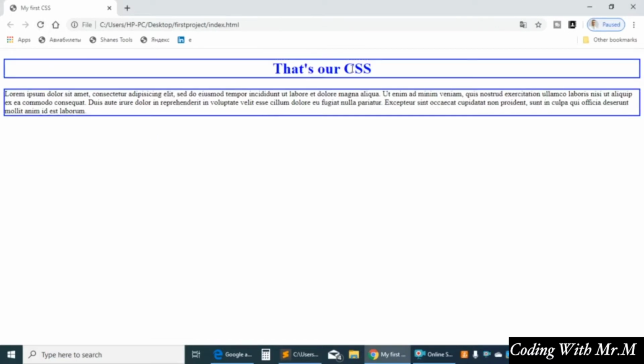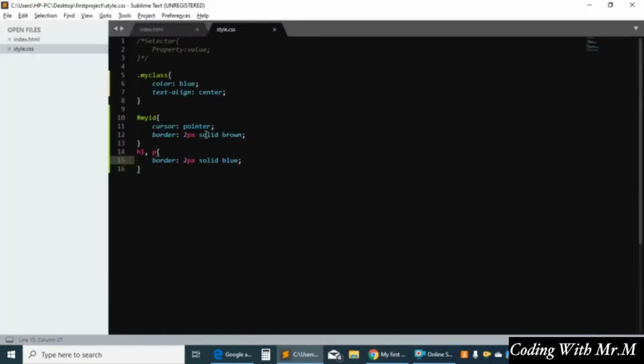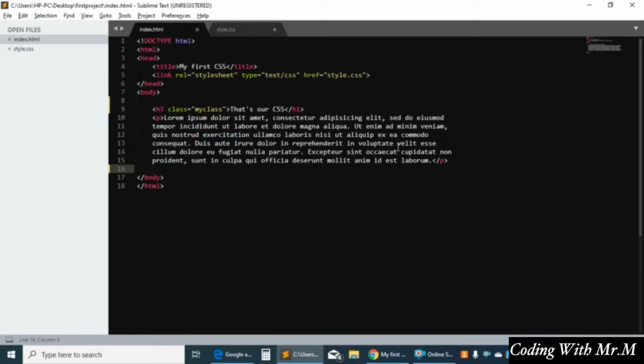So now we have 2 borders because we assigned the same properties the same value for different tags elements. So that's why if you want to add some, let's say if you have another thingy here, if you have some, let's say UL LIs